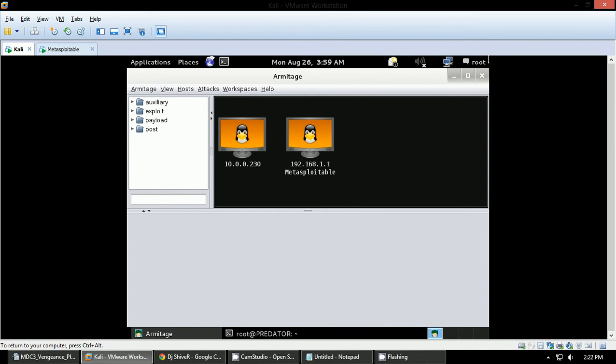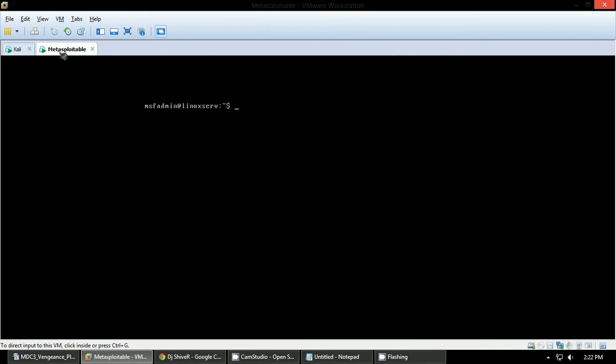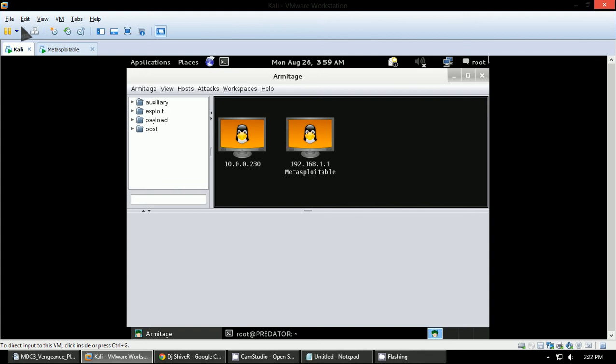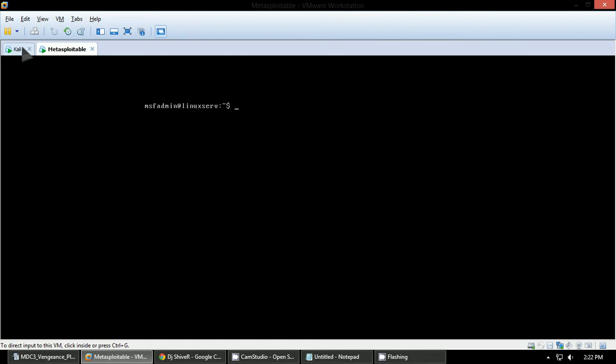Today I'm going to show you how to use Hydra. Hydra is a program that brute forces over a network for services like FTP and SSH. So what I did beforehand was I scanned the network, and here we have Metasploitable, which is open in the other tab here,